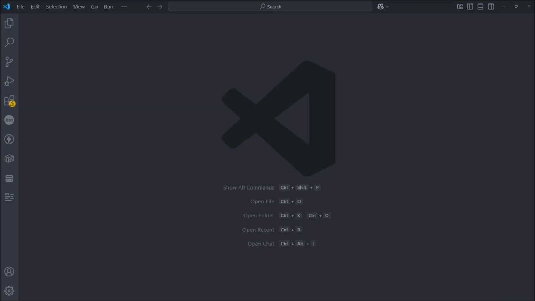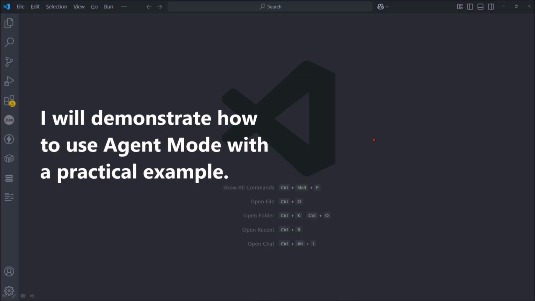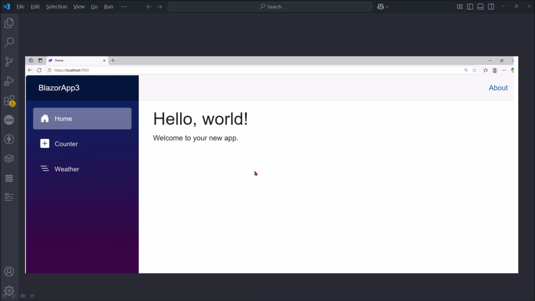Currently, Visual Studio Code supports agent mode. In this video, I will demonstrate how to use agent mode with a practical example. As you may know, this is the default user interface of a Blazor Web App, which includes a side menu